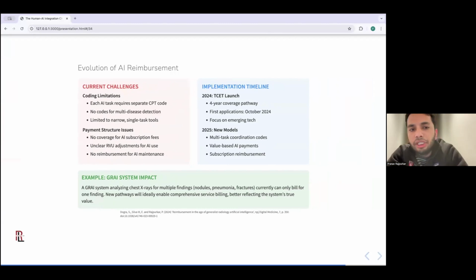So the evolution of AI reimbursement has to happen, and having each task require a separate CPT code, having no codes for multi-disease detection, and limitations to narrow single-use tools are adding on to existing payment structure issues around not having coverage for AI subscription fees, unclear RVU adjustments for whether or not a physician uses AI, as well as how do we pay for AI maintenance? Is there reimbursement associated with that?